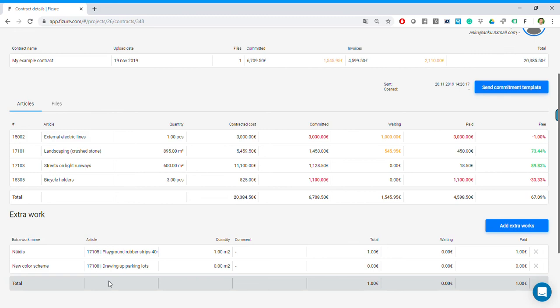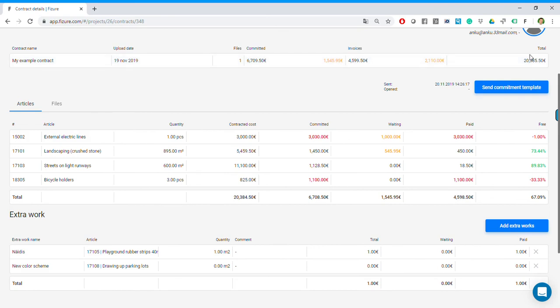In the next videos, we're going to take a look at how the subcontractors can submit the change orders or extra works through the pay applications. Thank you, and